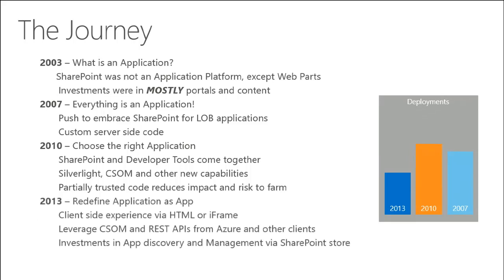In the 2013 timeframe, we know that we want customers to migrate away from full trust code. All of the challenges with full trust code were there. Even if you wrote a web part in the 2010 timeframe and deployed it into SharePoint, and you didn't use the sandbox model, the challenges of full trust code running in SharePoint still happened, right? So if you produced code that had a memory leak, it would still have an effect and put memory and resource pressure on the farm.